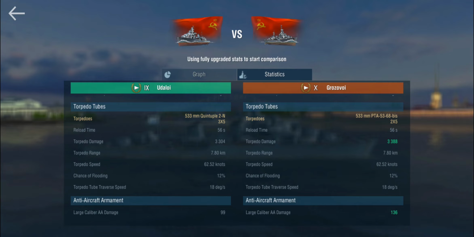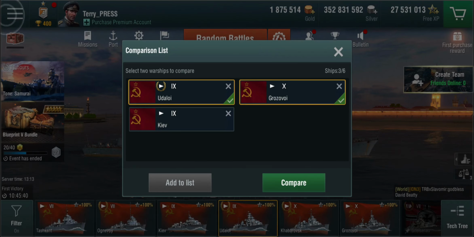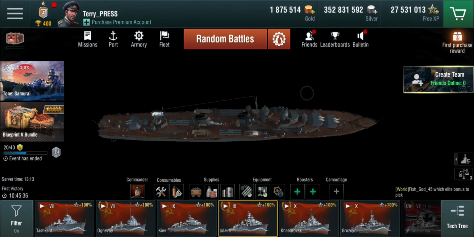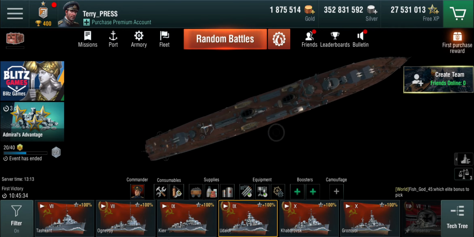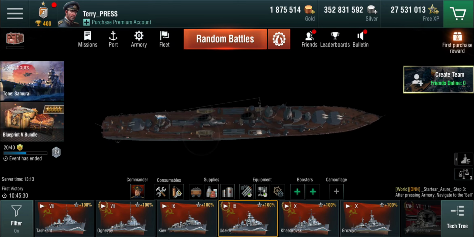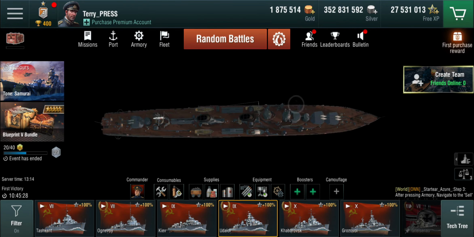I'm not sure if this is a bug and this will be corrected at some point, but it's definitely not just in the description. You literally get 15 torpedoes. Now you don't get 15 centerline mounted torpedoes. So if we're taking a quick look, you can see them. There's one centerline mounted here, just aft of the funnel, and the 2 of them are side mounted in front,